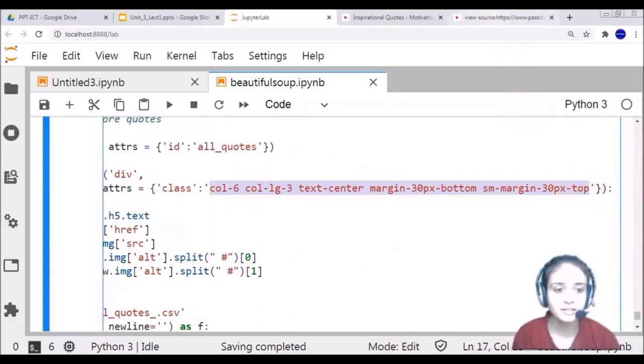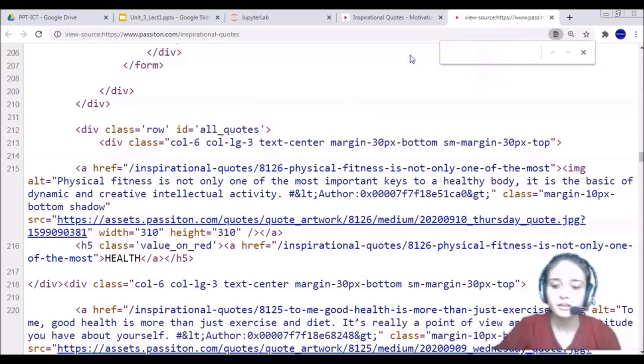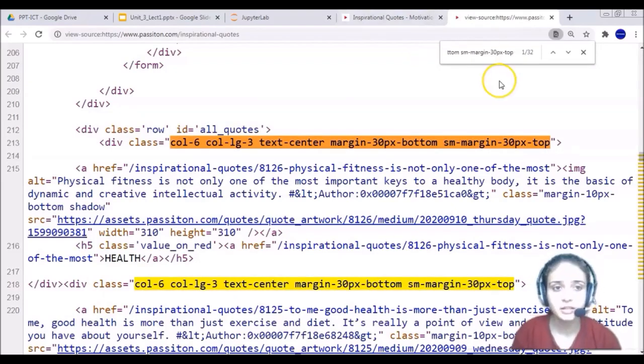This is my attribute class and this is its value. You can also search over here: just press Ctrl F and copy paste the content.